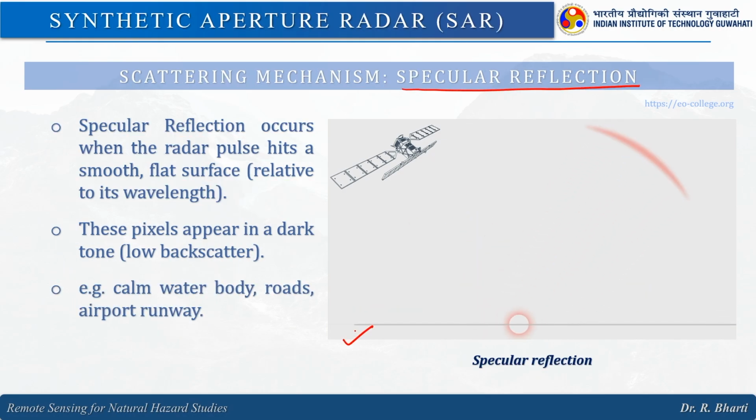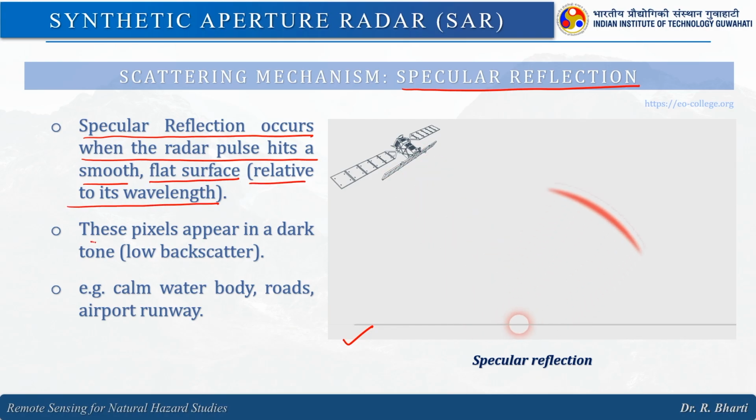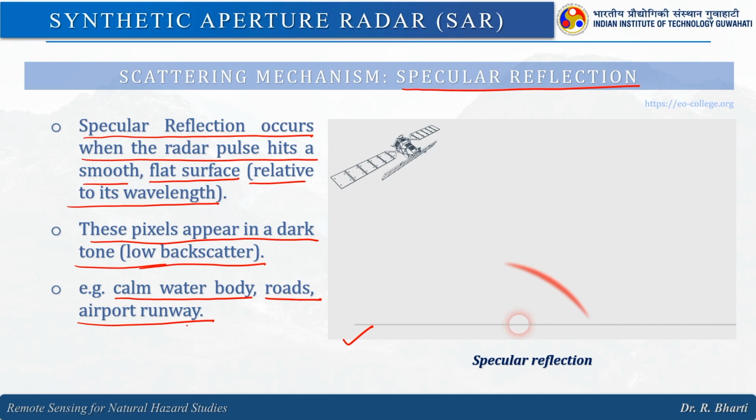So, again, keep watching this. Specular reflection occurs when the radar pulse hits a smooth or flat surface relative to its wavelength, right. These pixels appear in a dark tone, and a low backscattered value will be measured. So, for example, calm water bodies, roads, airport runways, those will be very calm and these values will be dark